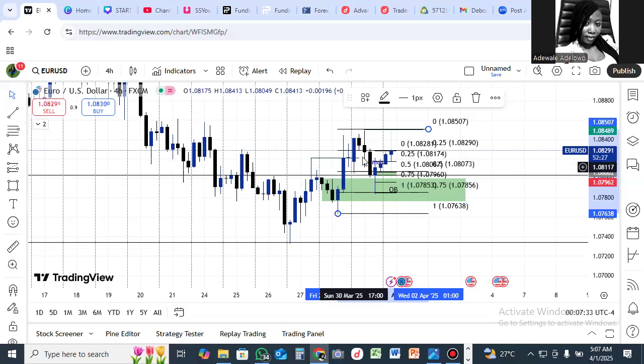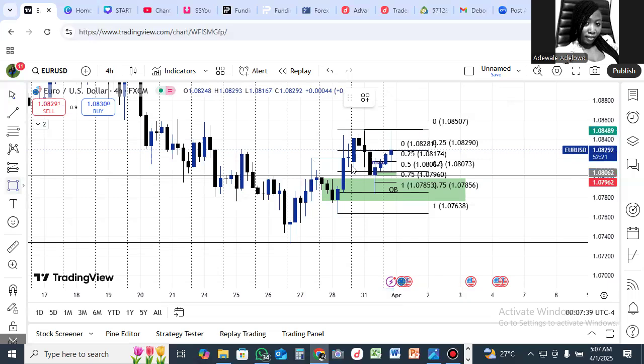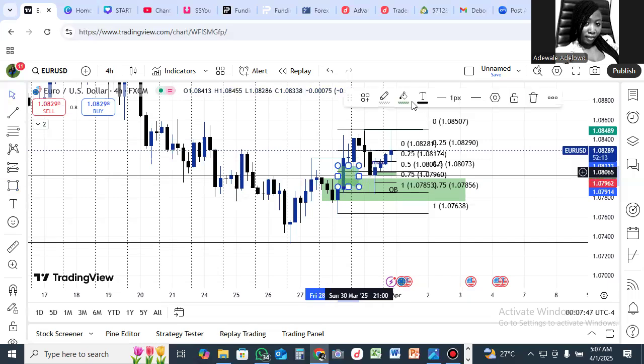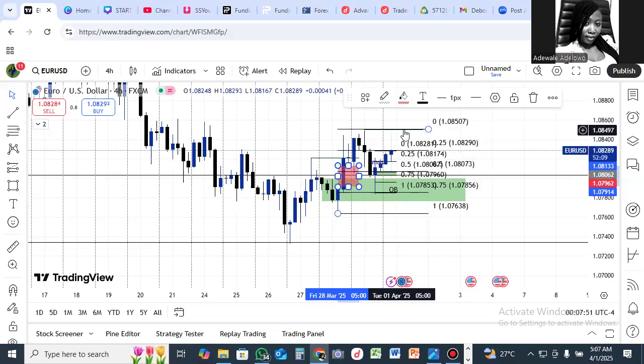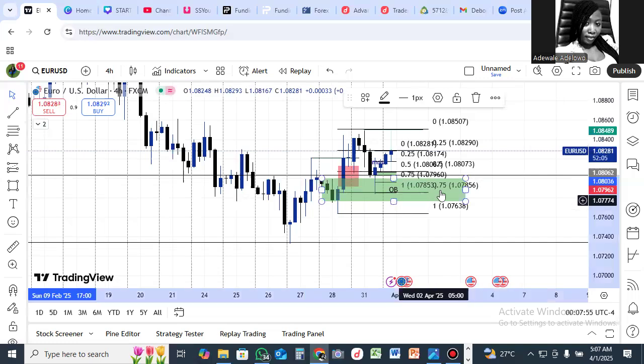Why? Because this candle has traded into this fair value gap. There's a fair value gap here. Guys, you need to train your eyes. There's a fair value gap here, which this candle has traded. Let me change the color so that you can see it. See that fair value gap right there. So this is the